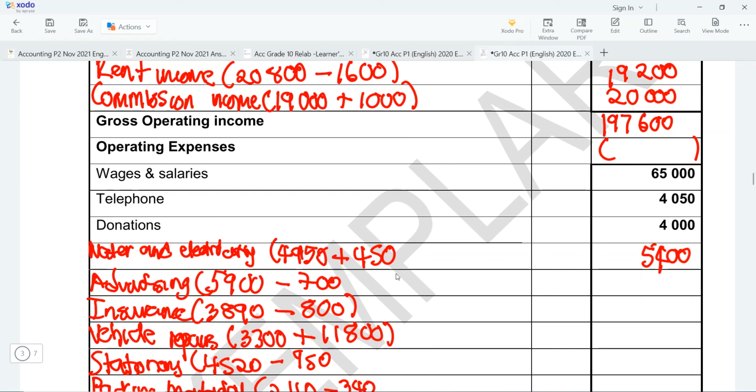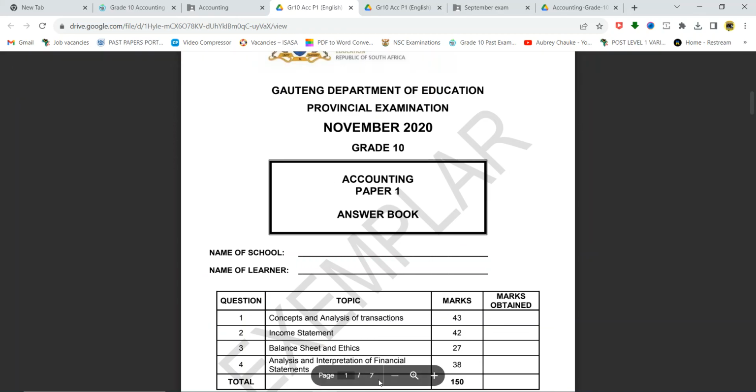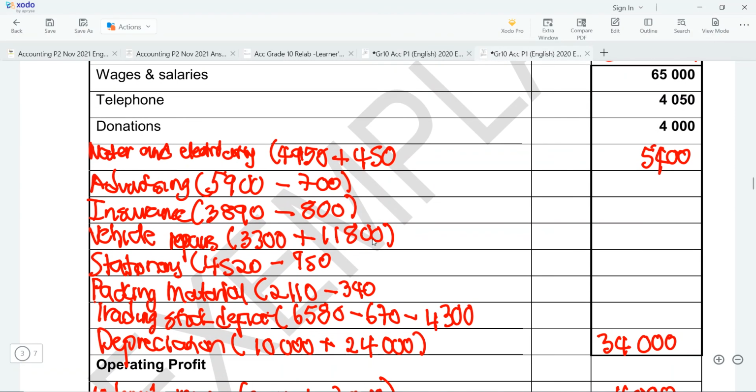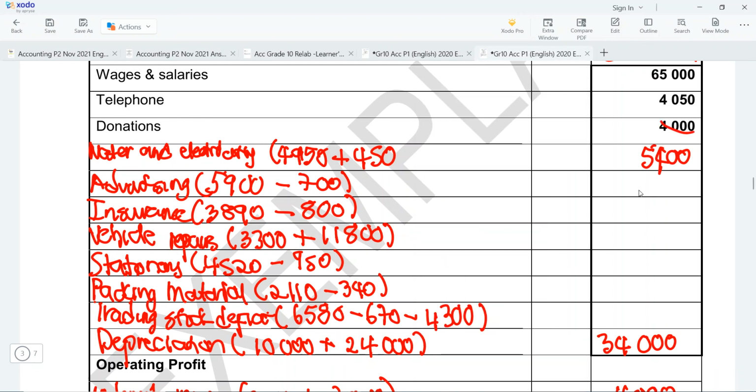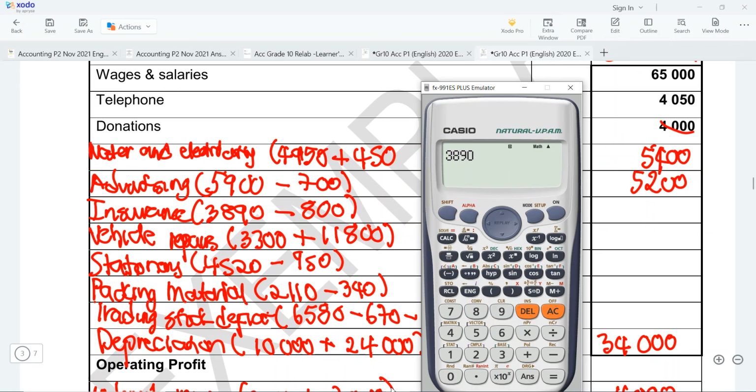Okay, and then we need to close this also so that we can show that we are done. So we need to close this and also this one. Once you are done, close your brackets. So let's continue. 5,900 minus 700. Okay, so 5,900 minus 700 is going to give us 5,200. So that 5,200 will come here. Okay, and then 3,890 minus 800 is going to give us